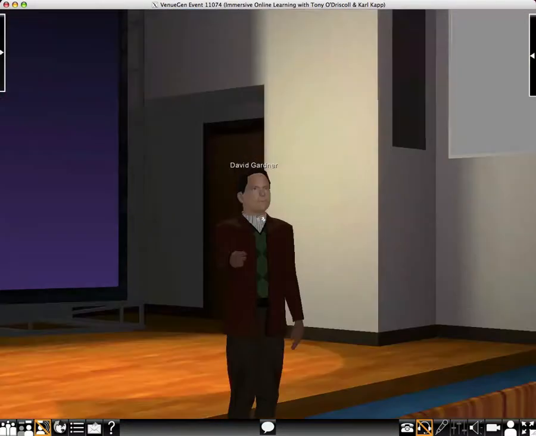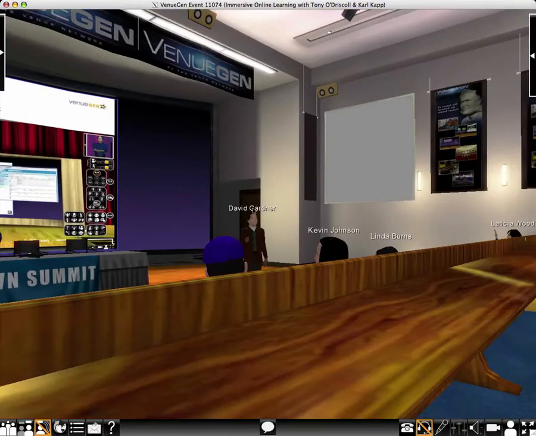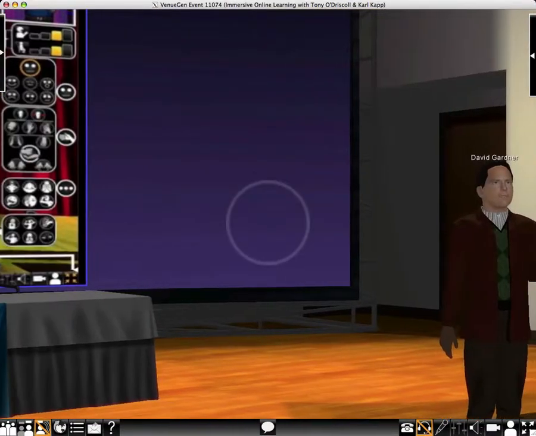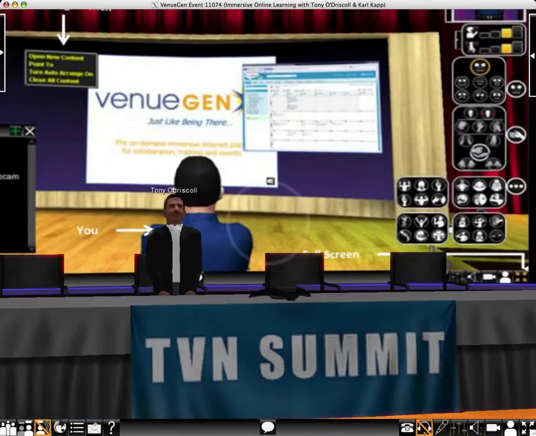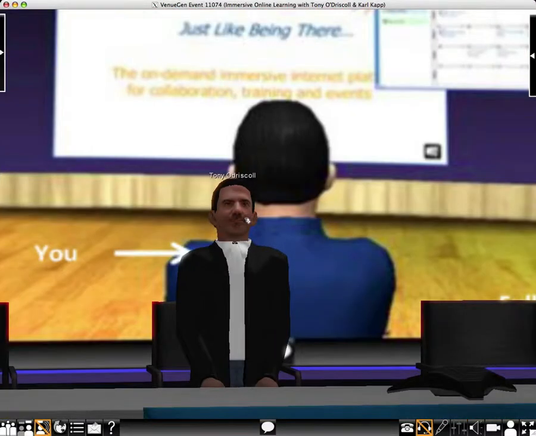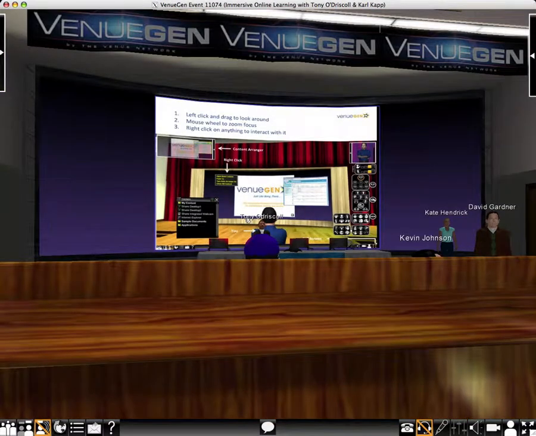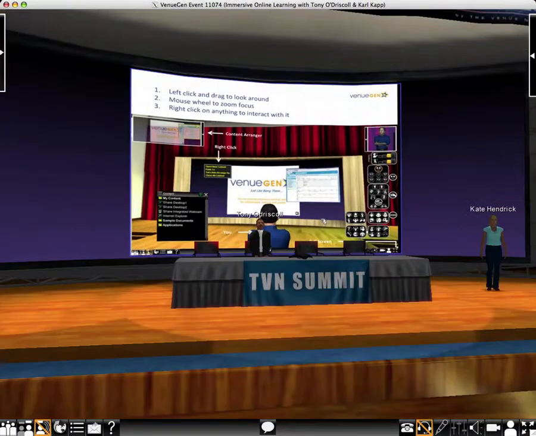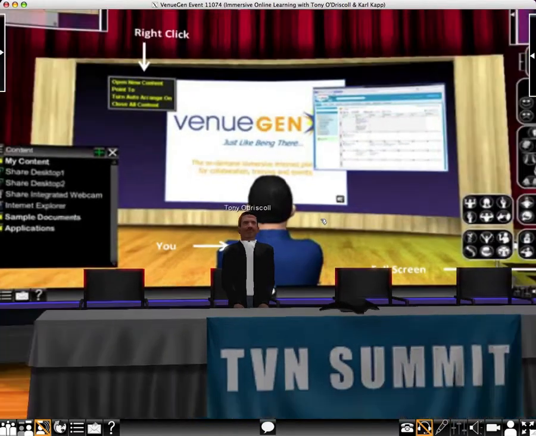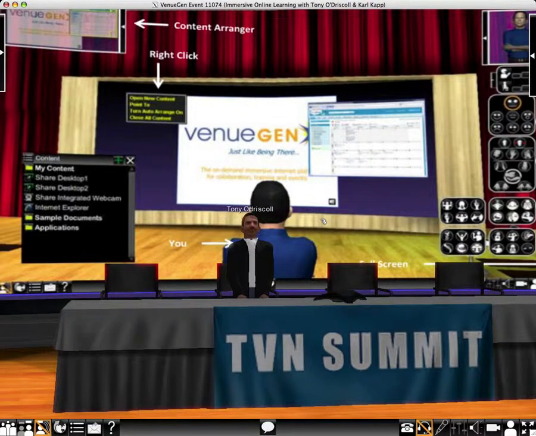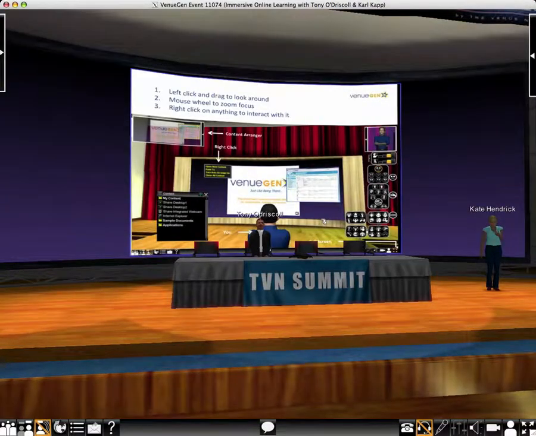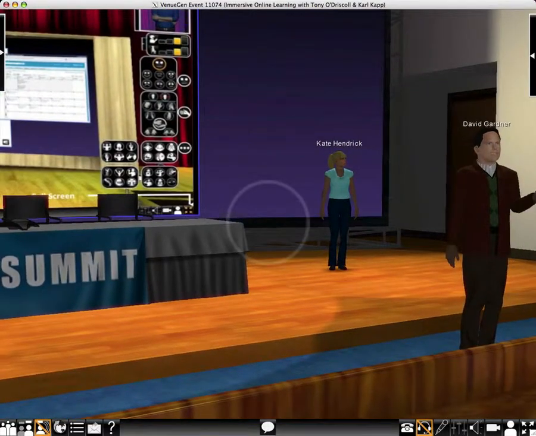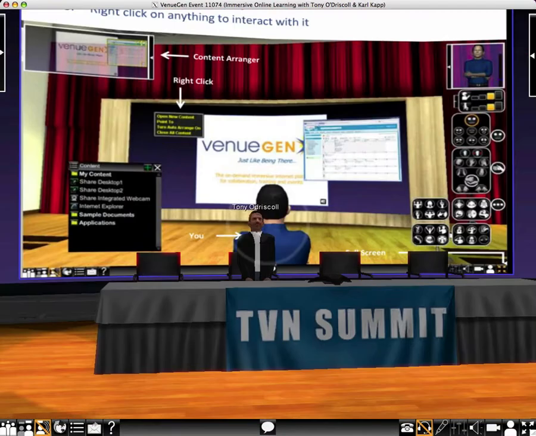Now, just click and drag where you want to look, and if you want to zoom your focus in, just use your mouse wheel and roll forward, and you can zoom your focus right in to see Tony's face or to view content up on the screen there. If you don't have a mouse wheel, you can use the plus and minus key to zoom your focus in and out. Just hold in your plus or minus key. That's pretty much it. You now know everything that you need to know to use VenueGen. So raise your hand if you have questions, and I'll call on you,